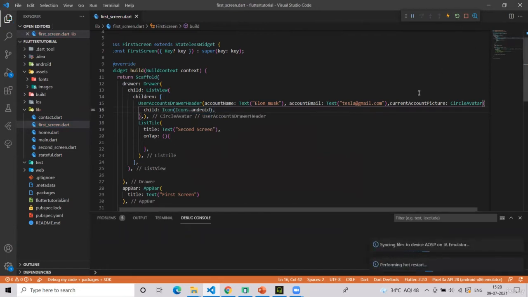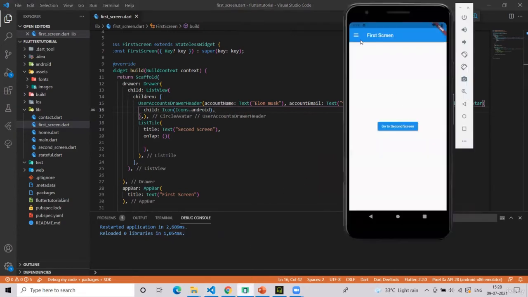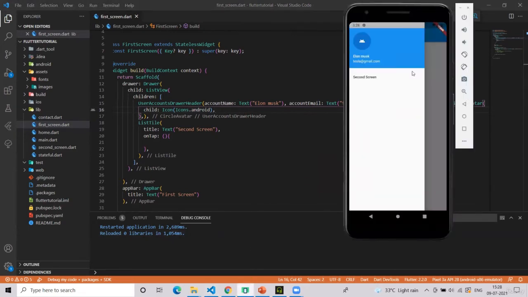Let's see what is the output. If you have the Gmail app with you right now, just open Gmail and see the side navigation of that as well. You can compare and see. We have this profile image, username, and user email with this beautiful background as well.